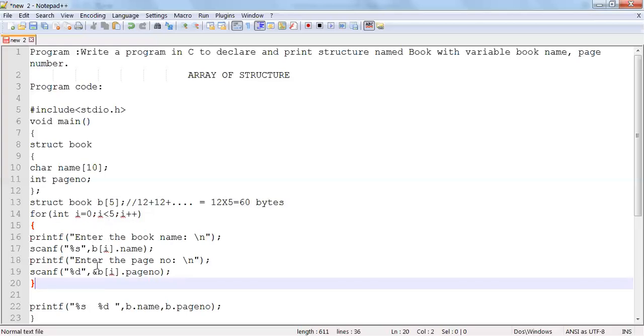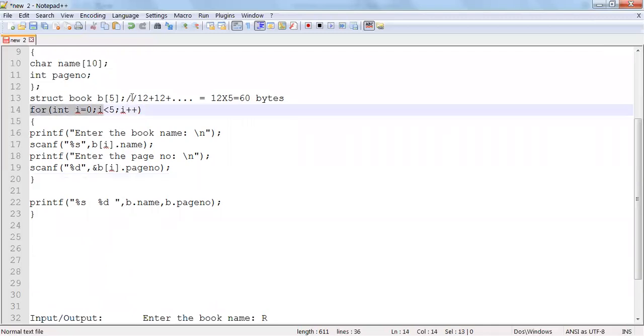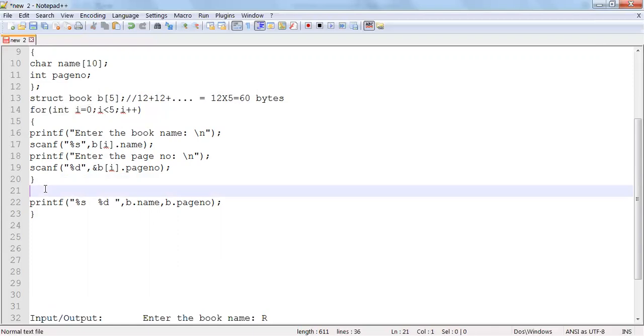This way, this becomes an array of structure. So this is an array of what? The structure. Similarly we can print also. I can just put this for loop here for printing, copy and paste. For printing I can just put it.